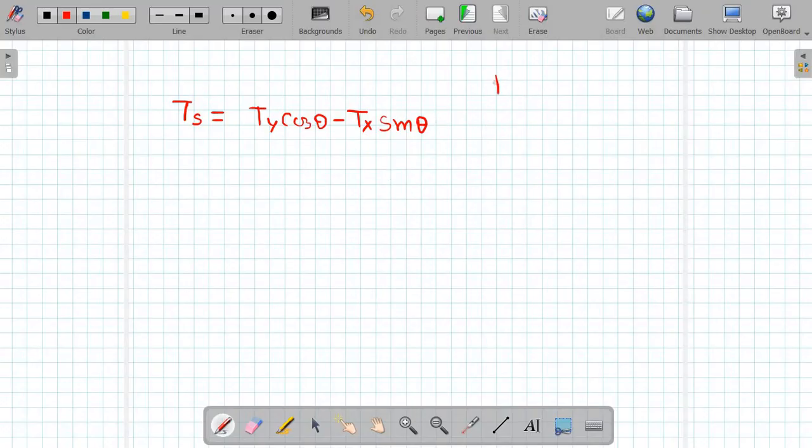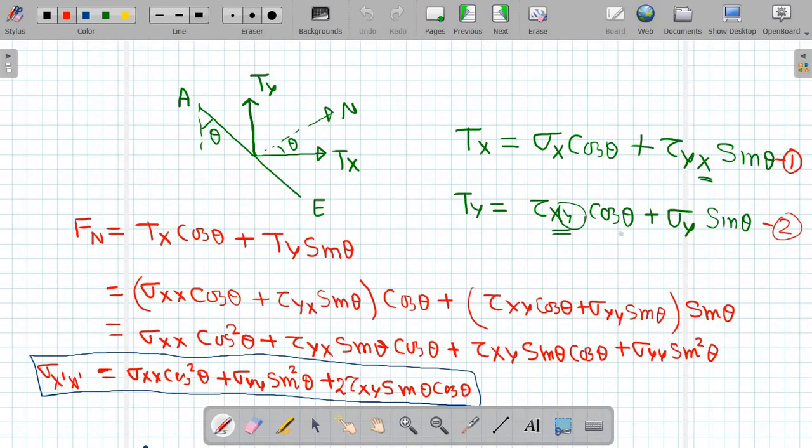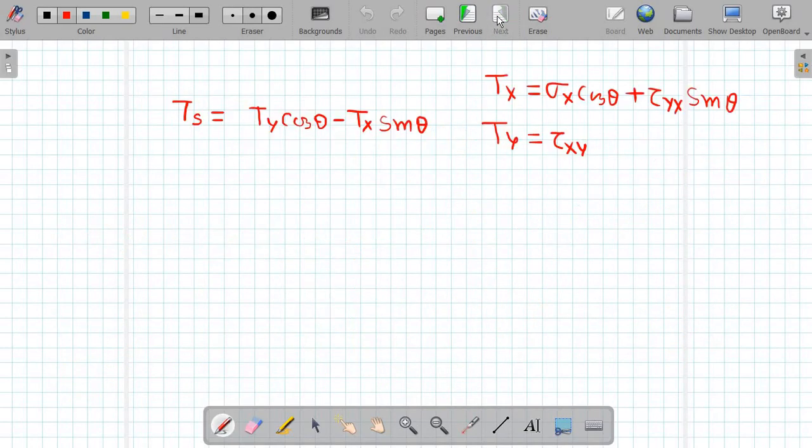Now Tx is nothing but sigma x cos theta plus shear yx sin theta, and Ty is equal to shear xy cos theta plus sigma y sin theta. Okay, putting these equations here,